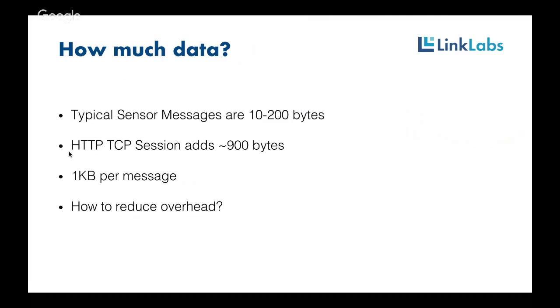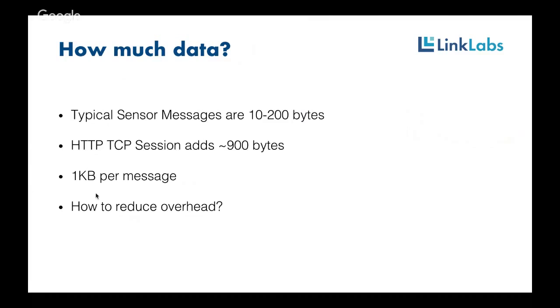And then as I get into these different technologies that are coming up, I just want to pause here to talk about how much data these things are using, because this becomes one of the most important drivers of the cost. So a typical sensor message, whether it's a GPS position, a temperature, a proximity read, etc., generally falls into the 10 to 20 byte range. We're not talking megabytes of data here, or even kilobytes. Oftentimes these readings are relatively limited.